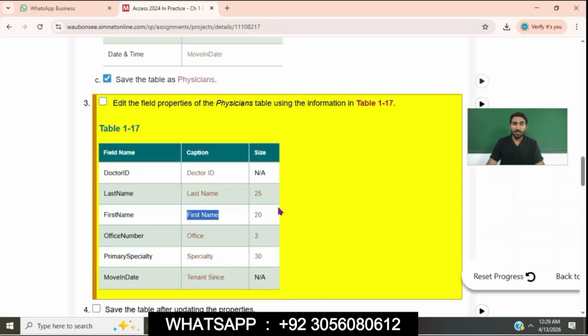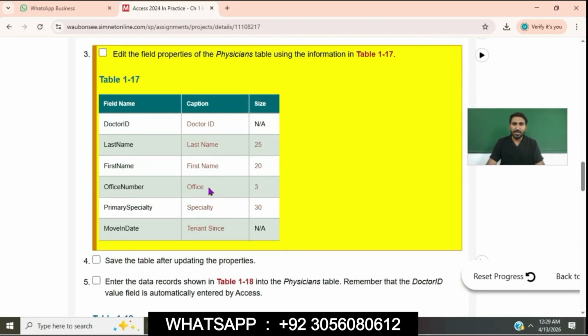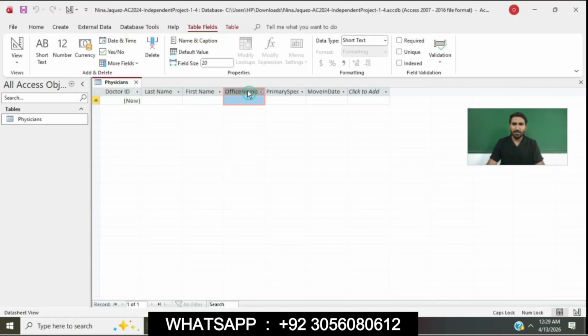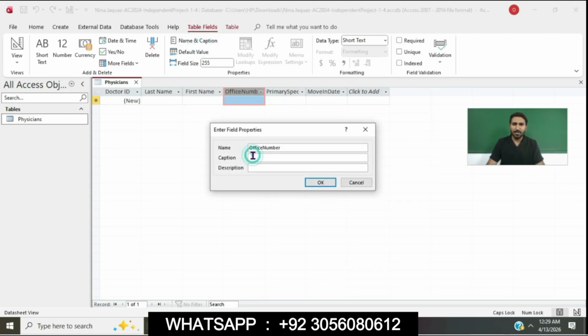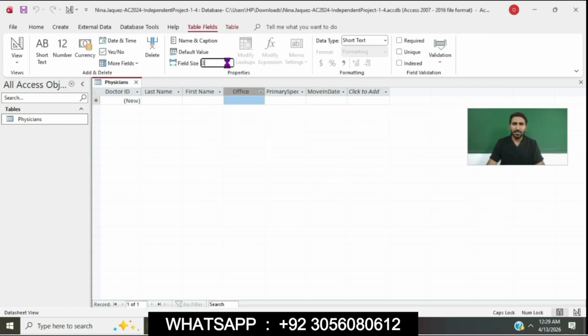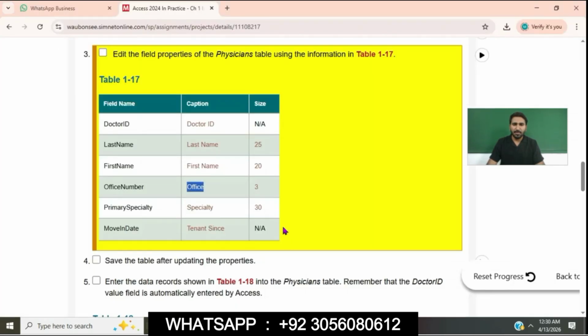Okay. So the office number field caption is office. Click on the office number field. Go to the name and caption button in the properties group. Caption is office. Click on OK button. Field size is 3.